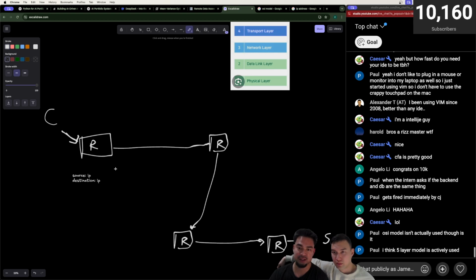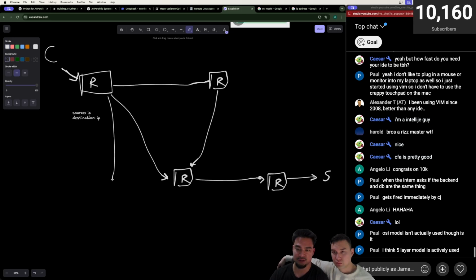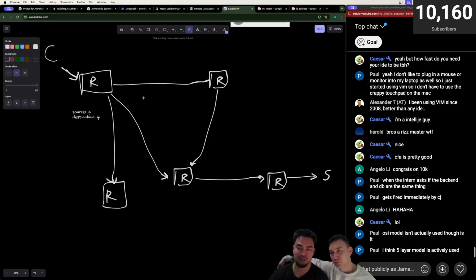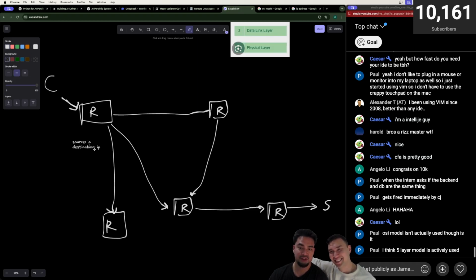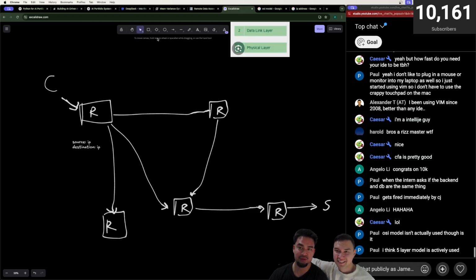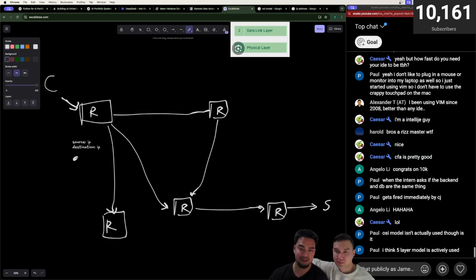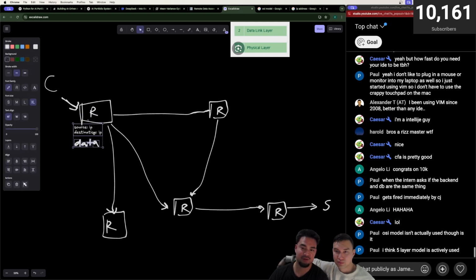Kind of how it does that is it sends it to different servers, and different servers could be connected to other servers like this, right? This could be connected here. Not every server knows about the other ones, but there should be a path from your router to the other one. You might route it to this router, and then it might not know, so you could try a different router. Essentially, if you know the source and IP address, all you're doing is you pass in the data here, with the source and IP. This is a very high level abstraction too. For each router, you're given this data.